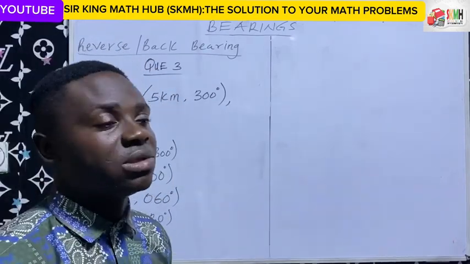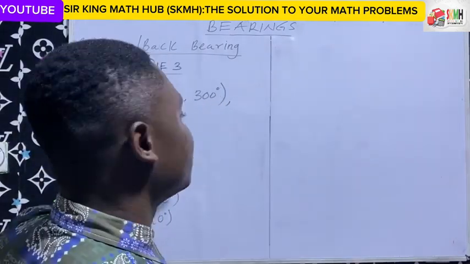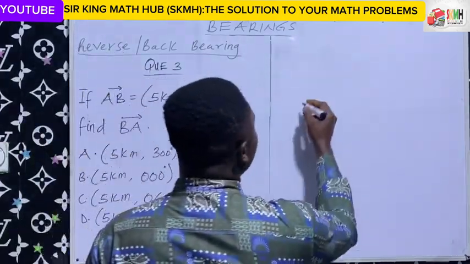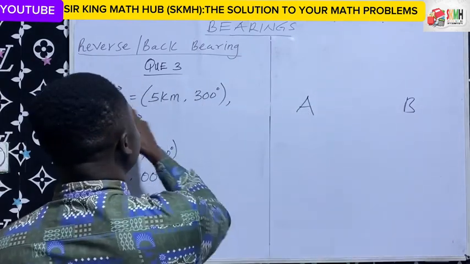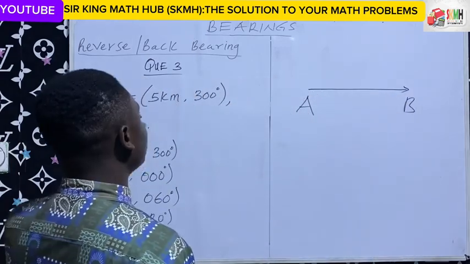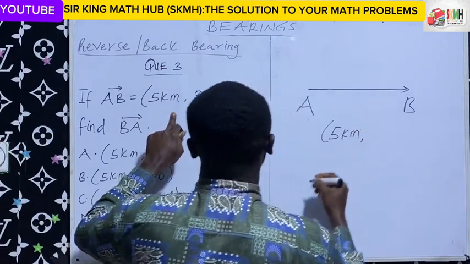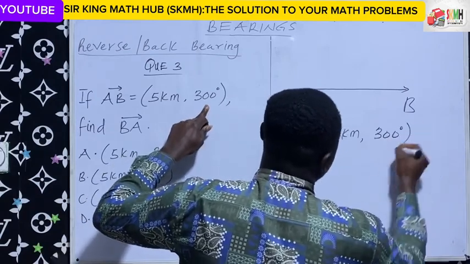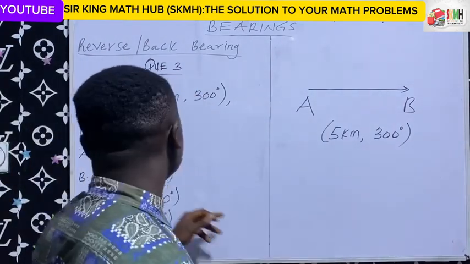Now, vectors can be represented using magnitude and direction, and that is what has been done here. We have a vector AB. So vector AB is more or less like we have two different points, point A and then point B. So vector AB here means from A to B. So the location has been given to us. You have to cover a distance of 5 kilometers in the direction of 300 degrees. So that is the interpretation of the vector here. And we have to find